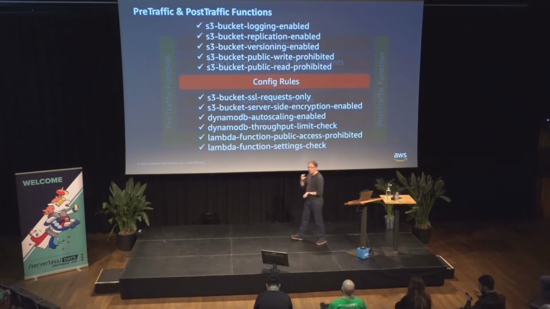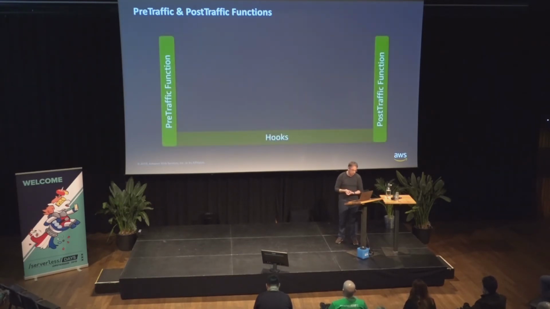We also have a service to do that. It's called AWS Config, and it was mentioned in the first session in the morning. AWS Config can do automatic tests on lots of AWS resources, for example, to check that you're using S3, DynamoDB or Lambda functions in the correct way. So you can decide, OK, I want to enforce that all my S3 buckets are SSL request only, and AWS Config can do this check for you. You can get this result and use it to compute the fitness of your application.